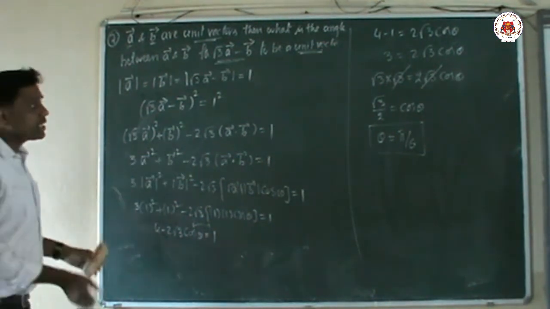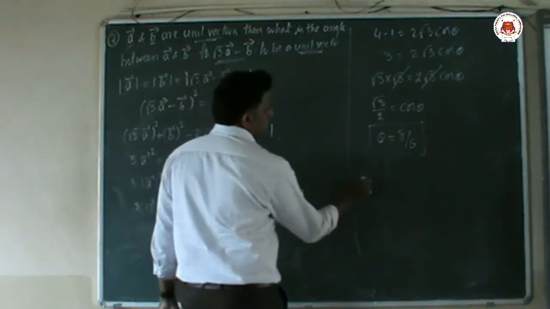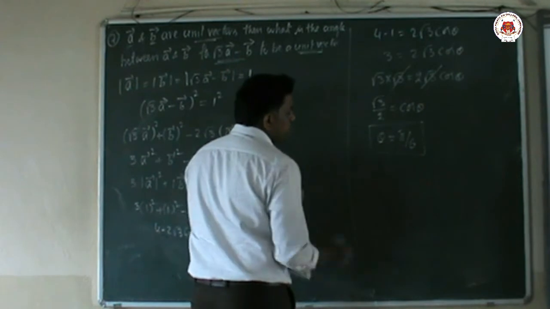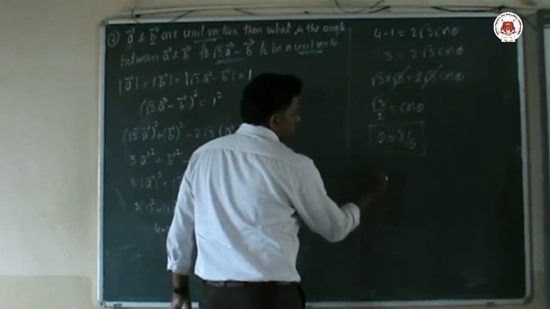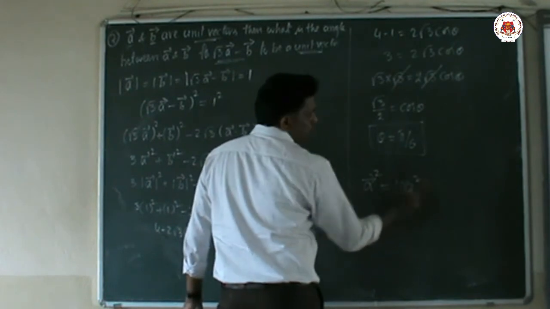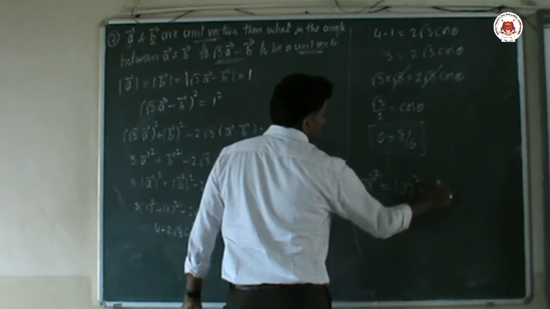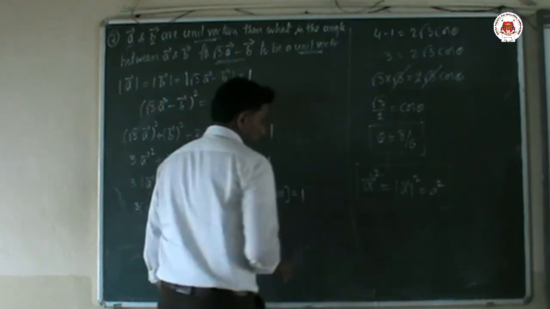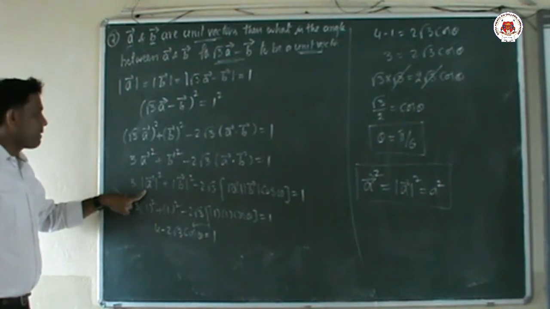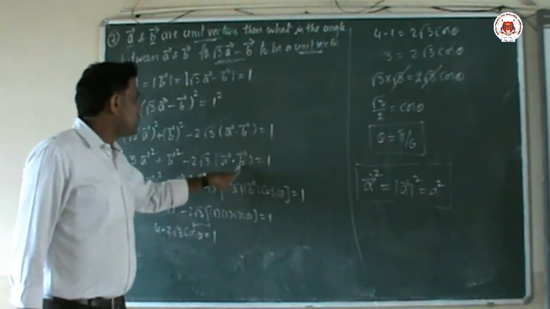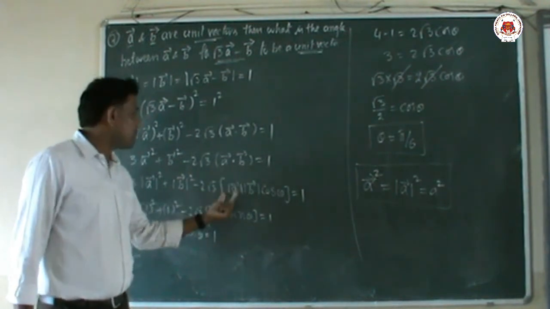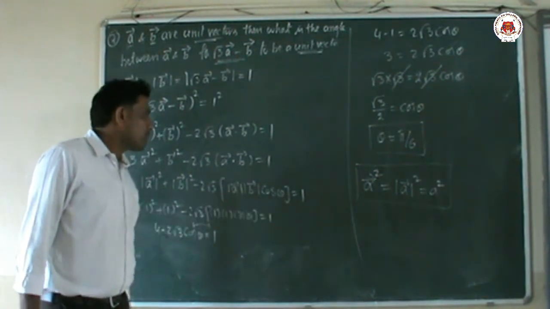So just now I said, if you don't know, just kindly make a note of this one, it is very important. This is the vector a square. We will use it in so many places. The vector a square is nothing but we can write mod of vector square, otherwise we can write it as a square. Using this, we can write vector a square as mod a square. This is the mod b square, and the a dot b formula we already know. What is a dot b? Vector a dot vector b formula is mod a mod b cos theta.